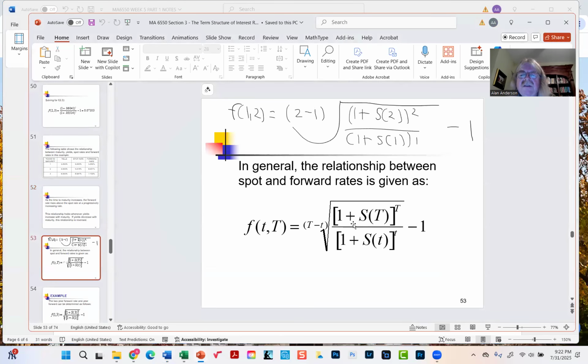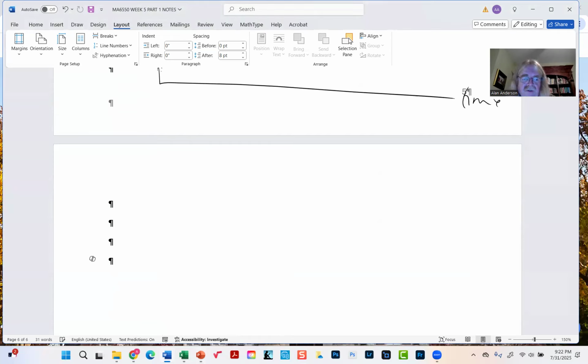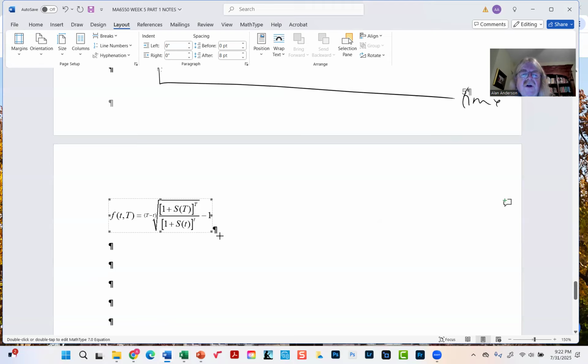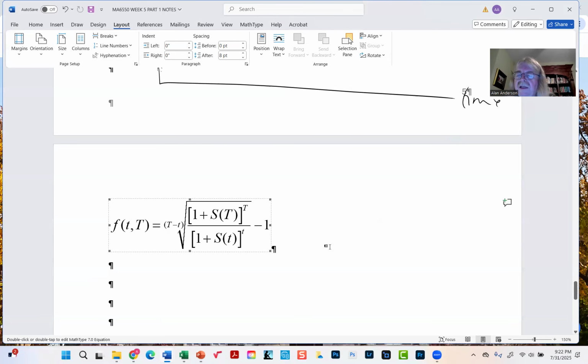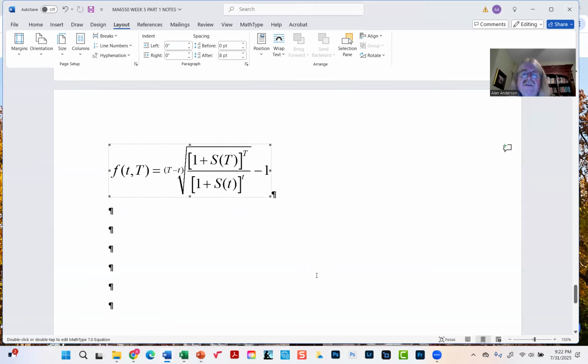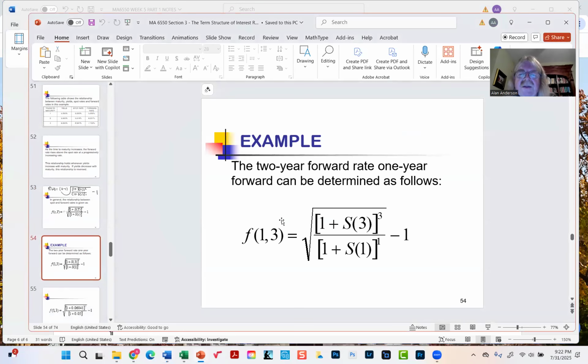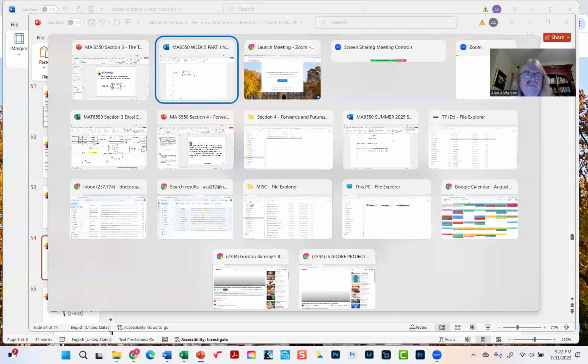Now, this formula is designed to show us any type of forward rate we might run into. So let me add this here. It's a more general formula. The ones we looked at so far mainly had a forward rate with a maturity of 1 year, but that's not necessarily always going to be the case. What do we do with those cases? For example, the 2 year rate 1 year forward, meaning this one,